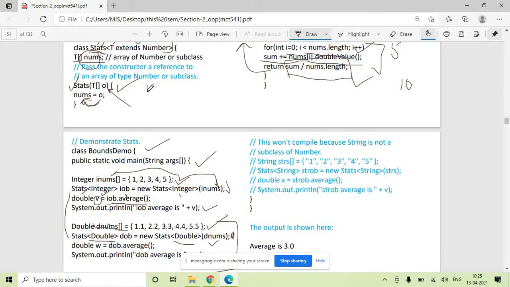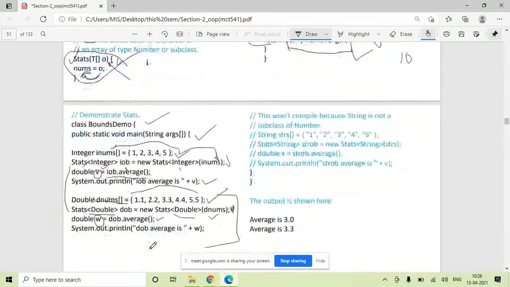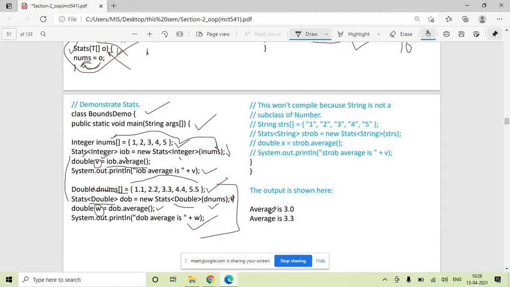When the constructor gets called, it will initialize nums with this array. And when we call this average function, it will calculate the sum 1.1, 2.2, 3.3, 4.4, 5.5, and divide it by 5. The length is 5. Whatever is the average, it will return here. We will collect it here, and in this line we will print it. So in the first case, the average is 3, in the second case, the average is 3.3.